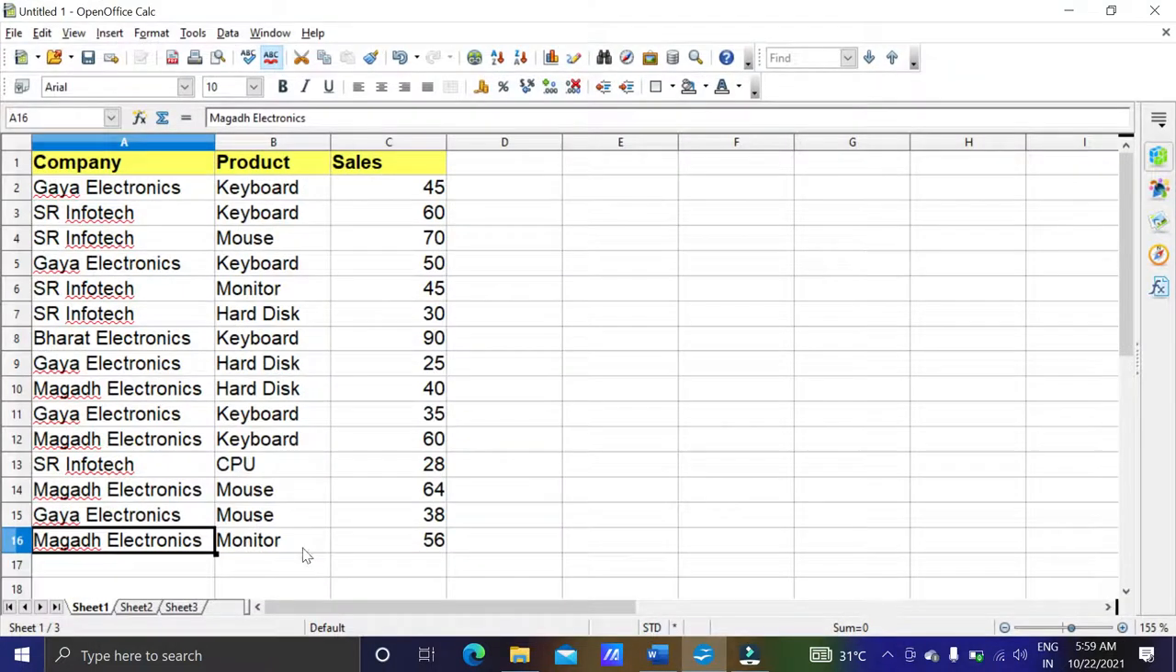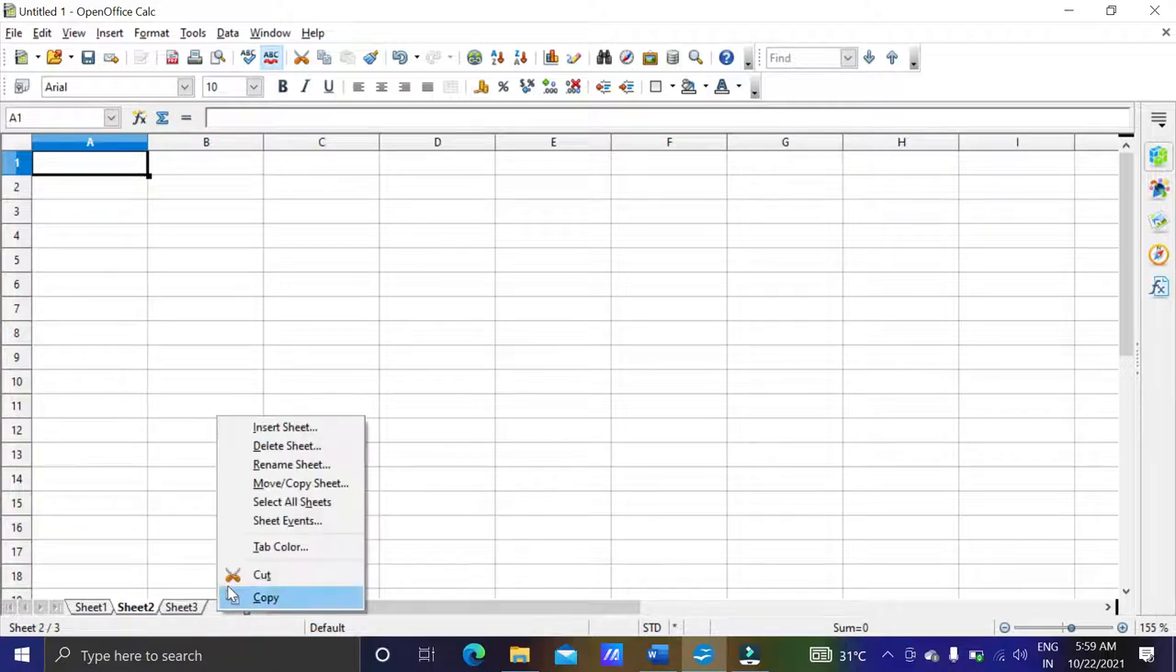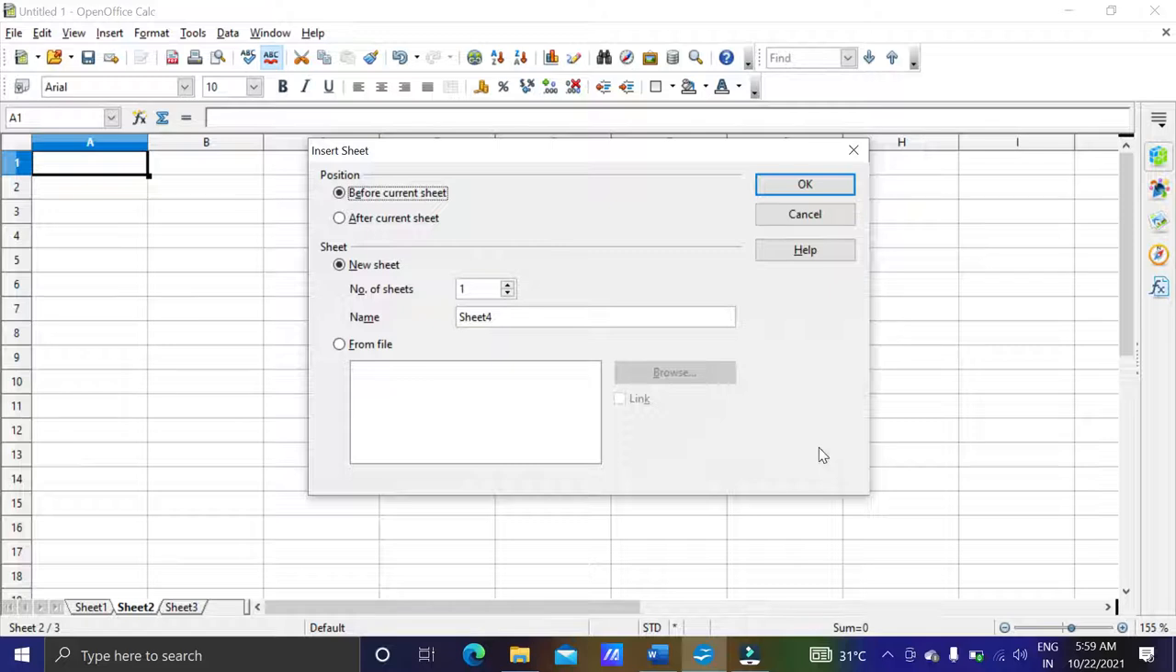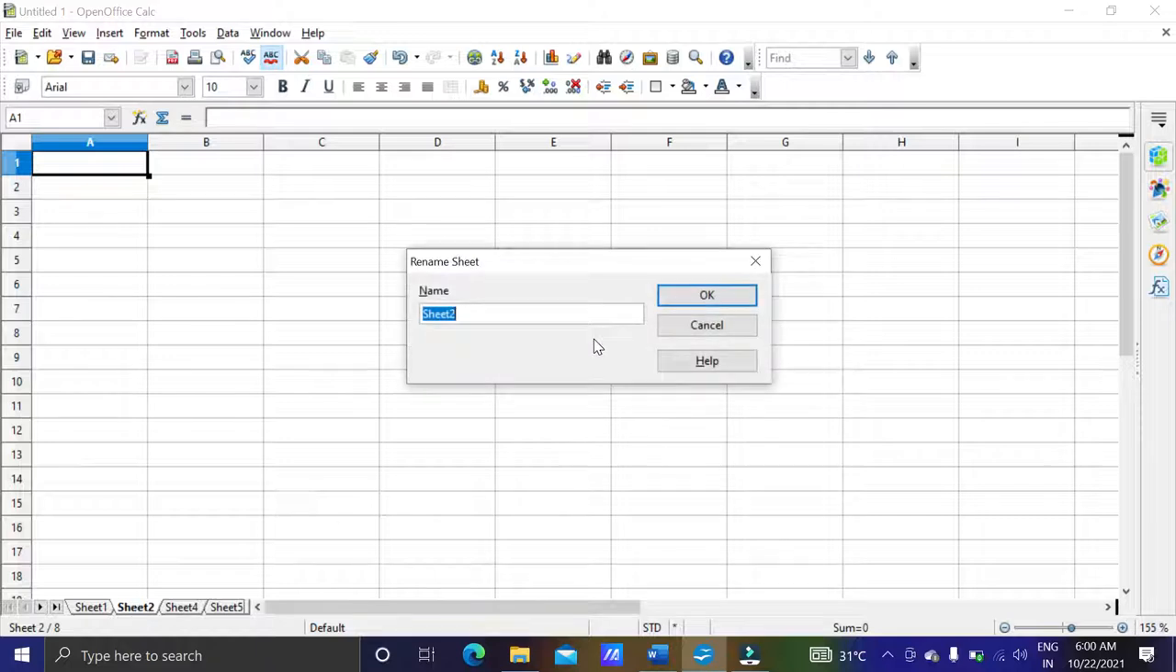So let's come here. We have sheet 1, sheet 2, sheet 3, and here we can add or insert one more sheet. I am going to insert 5 more sheets after the current sheet. Okay, so we have got so many sheets. This sheet number 2, I am going to rename it as PT1,